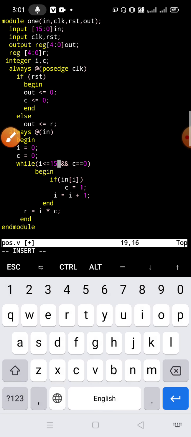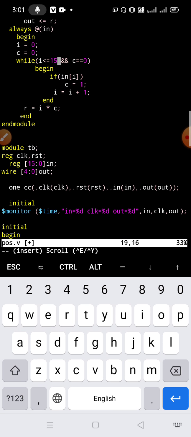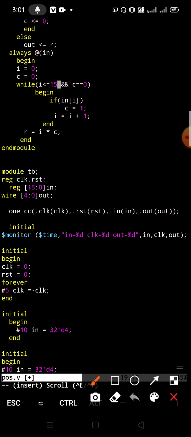Now let's go for our test bench. We are starting our test bench from here. Module TB is our test bench module name, and in the test bench, the input variable is declared as a register, which is a 16-bit register.